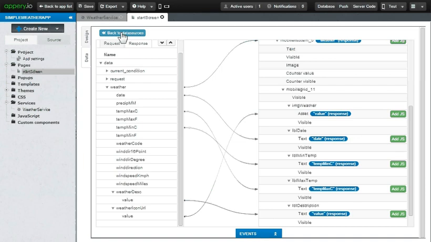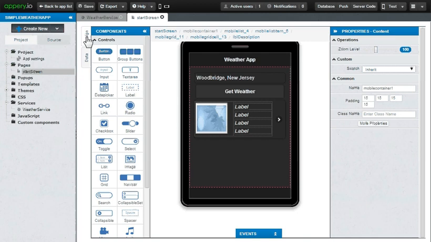And let's come back to our screen, this time in the design mode rather than the data mode, since we are all done with the data mapping. Yeah, so let's come back to the design mode. Now, when the mobile app is instantiated or it starts up, the weather app, this start screen will be shown. And what we really want to do is, when the button called get weather is clicked, that's when the service should get invoked, the backend service.